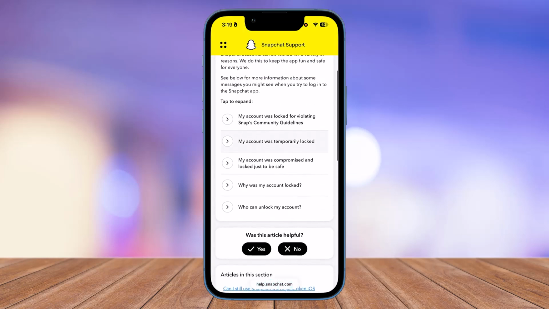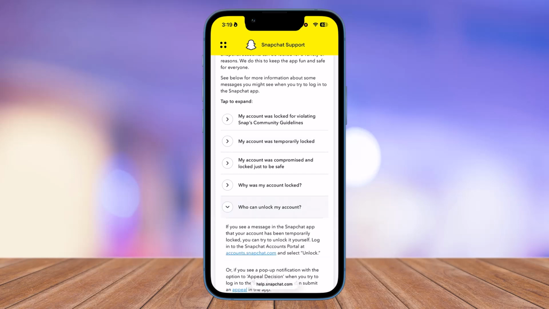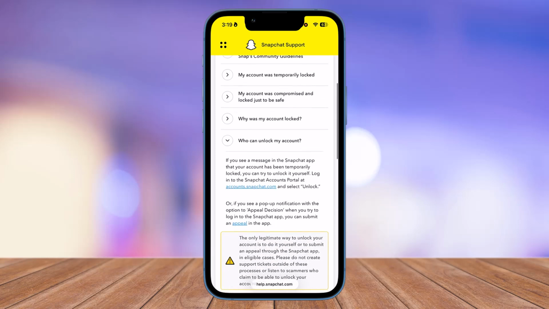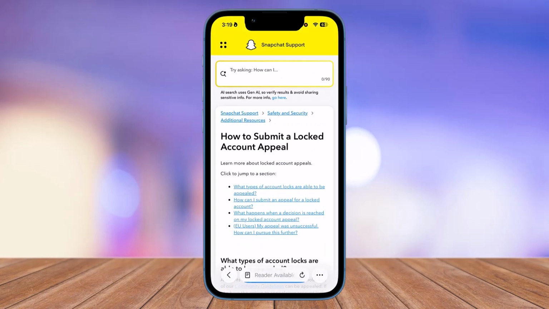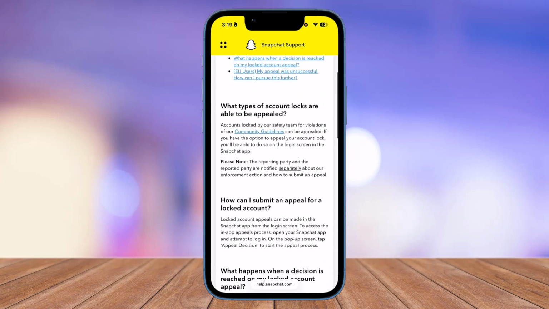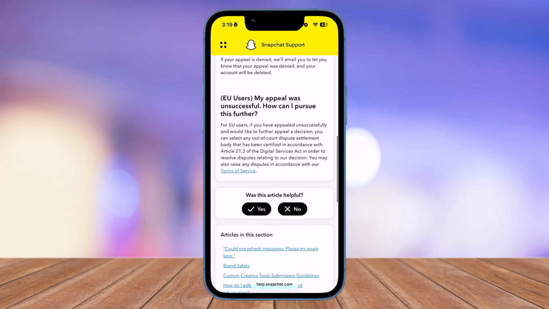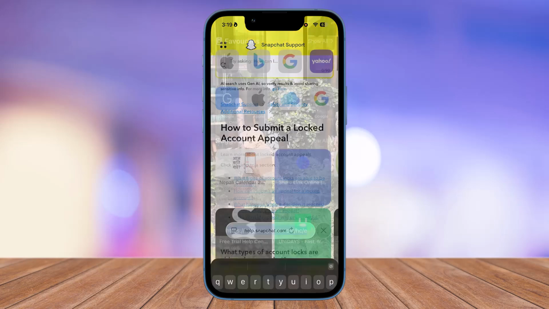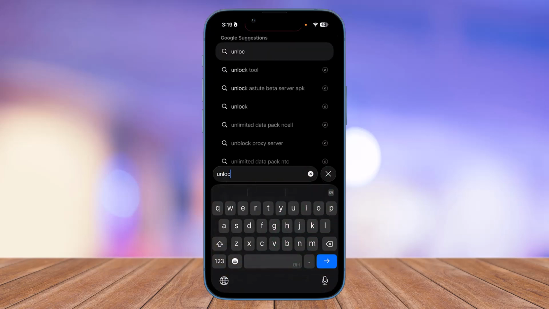And now this is where you want to search for this little tab right over here, which is appeal. Now inside of appeal, you want to search for the appeal site. If you don't find it, you can also simply search for unlock